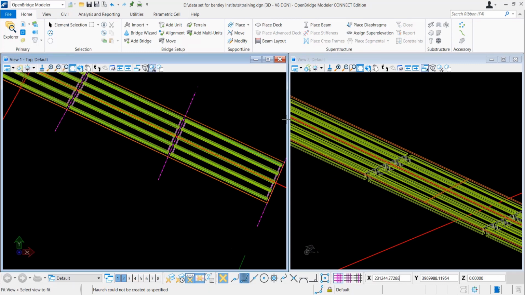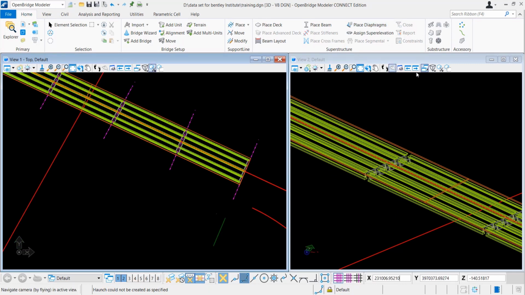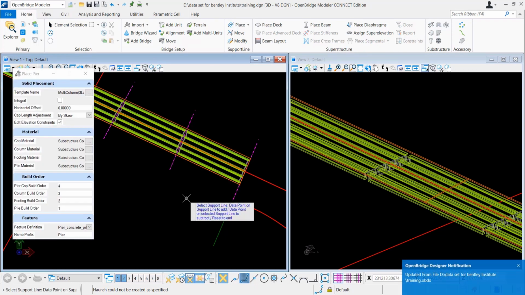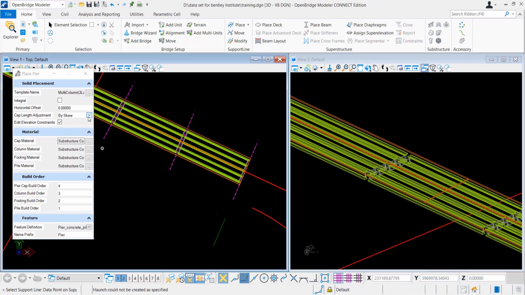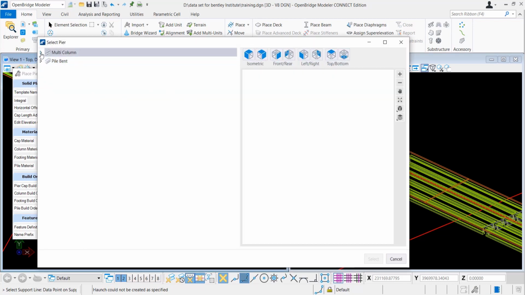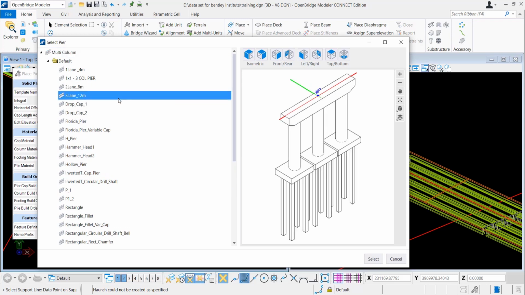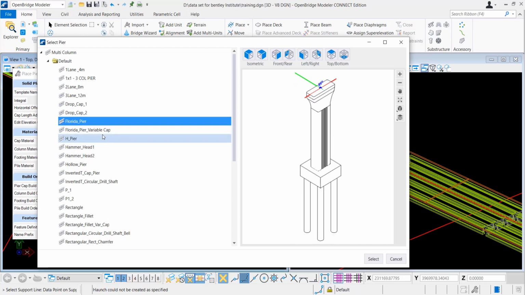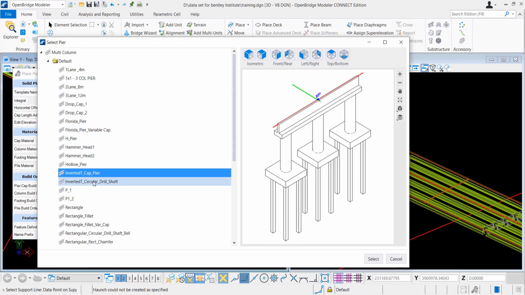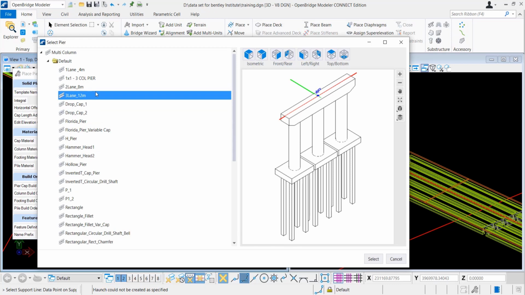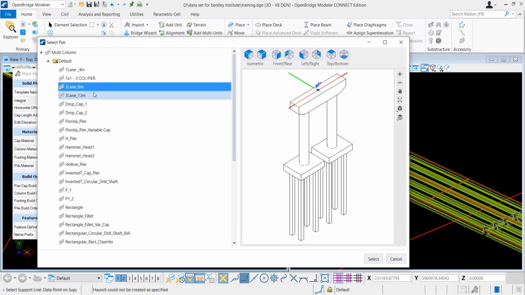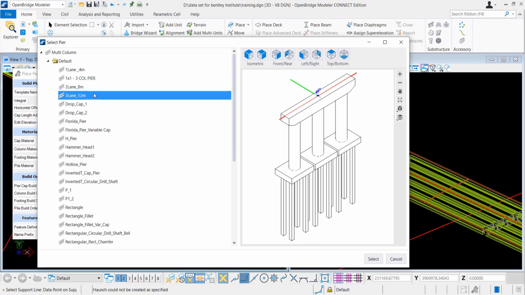Immediately we move to define our substructure. As you see here, through OpenBridge Modeler, we are not defining anything by dimension, or creating anything. We're just selecting from templates. Similar way, we're selecting from a template for the pier. By the place pier option, different templates are available here also, so you can select your own type of pier. All these templates are also editable. You have seen for the deck part, right? We have changed the deck width. Similar way, all these column templates are editable, so you can select any type that will help you take the shape, and then you can edit the dimension anytime.